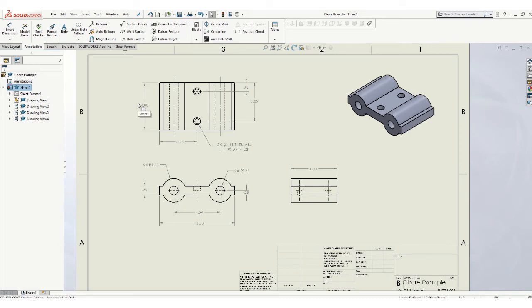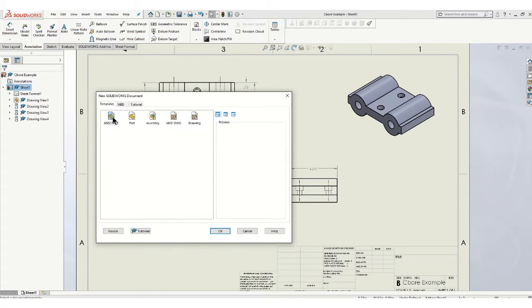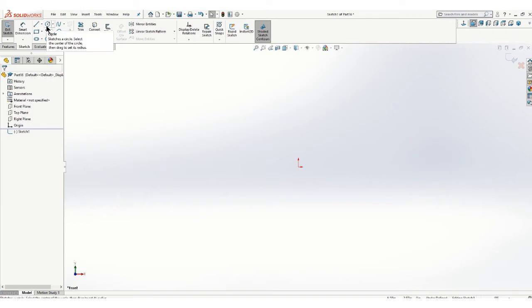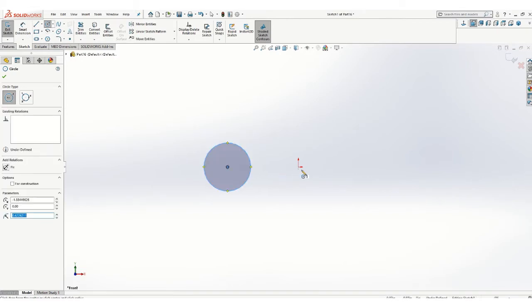In this video I'll show you how to create this part. Start a new part. Now one thing you need to do is look at the geometry that you're dealing with. Because of the circular, the cylindrical parts of this object, there's really, in my mind, only one sketch you want to start with. I'm going to build this around that origin. So I'm going to line that up there and put those two circular features,